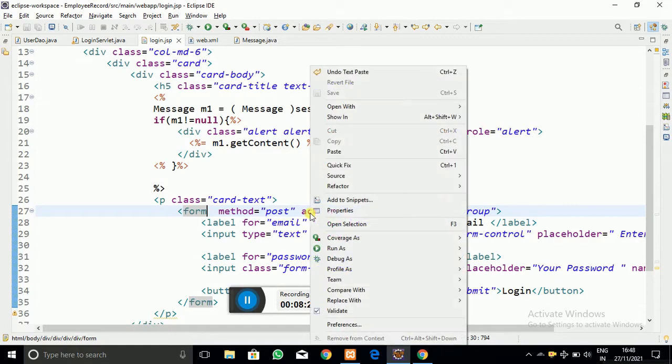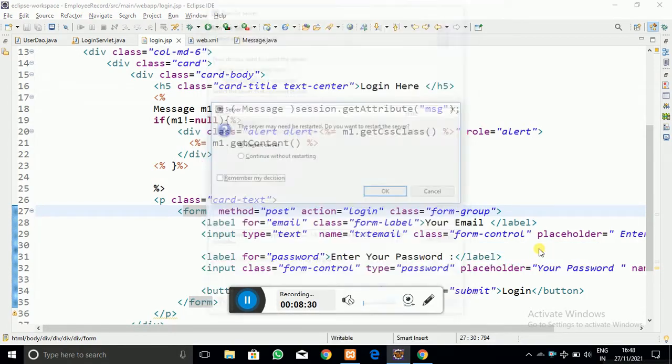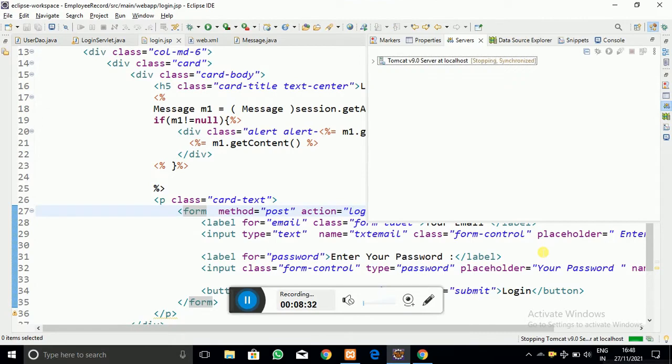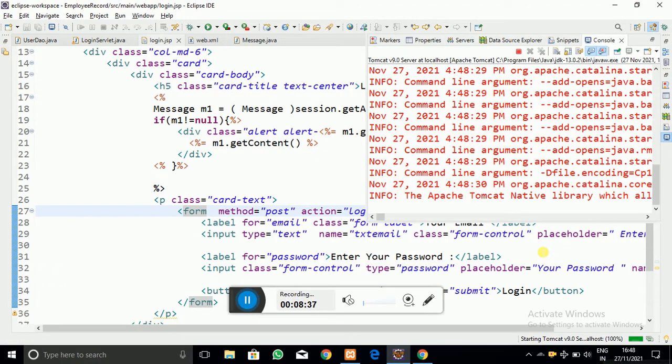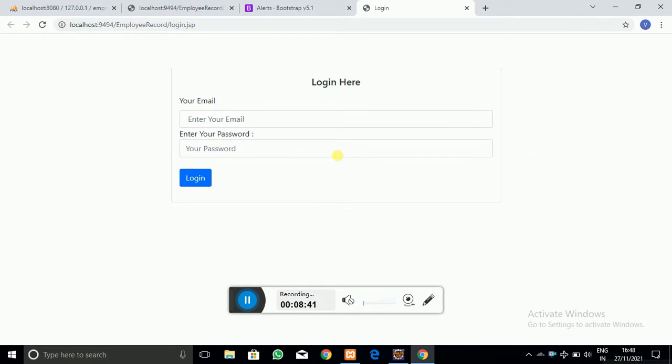So let me run it first, then you will understand very quickly. So restart the server. Yes, it is going to run. After unsuccessful login I have given the message box.